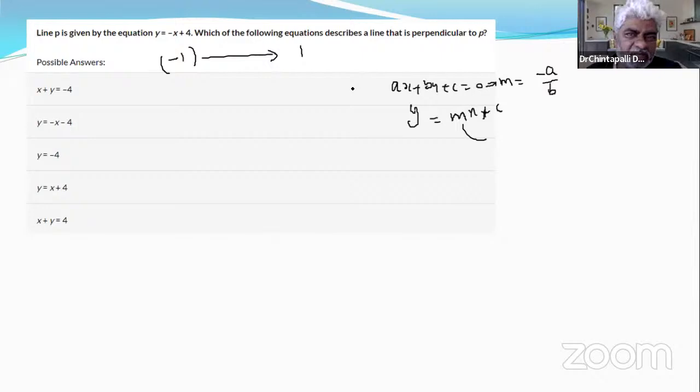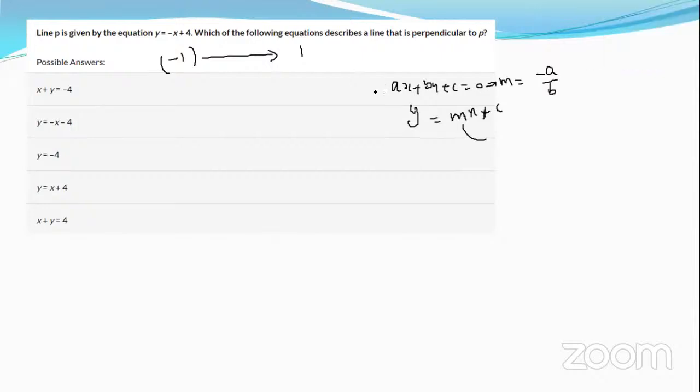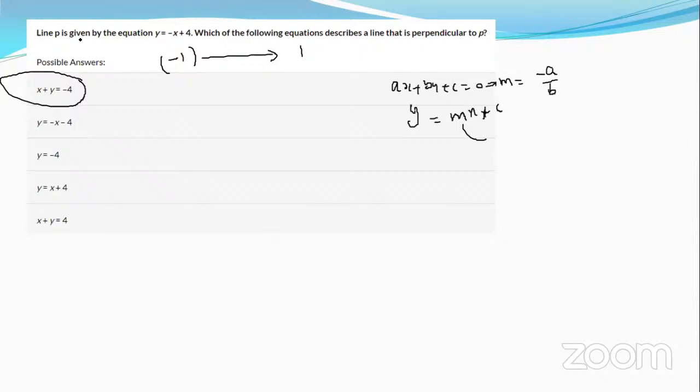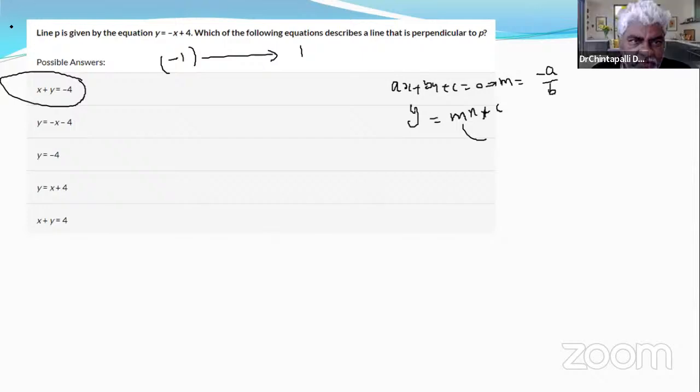See, if you take the first option, is it in the form ax plus by plus c is equal to 0 or y equal to mx plus c? The first option is x plus y equal to negative, in the form ax plus by plus c. Then its slope m is equal to